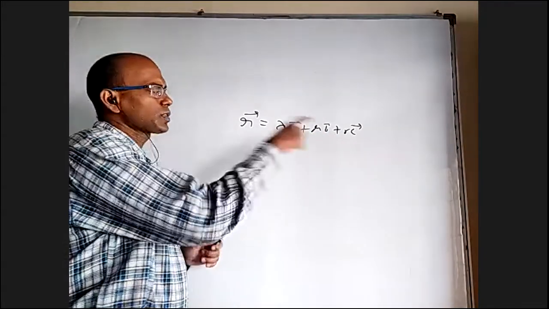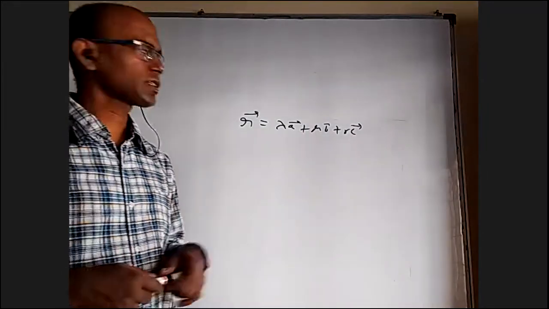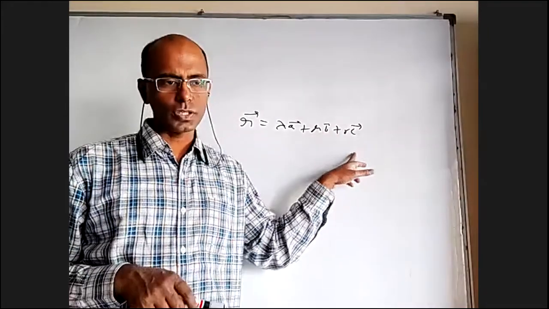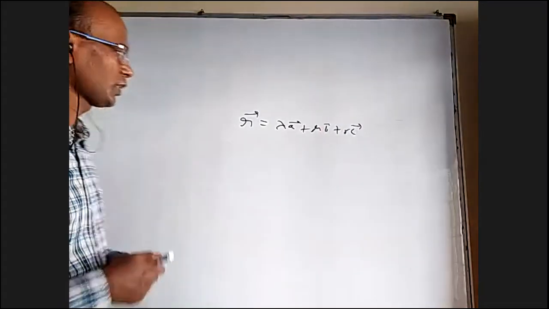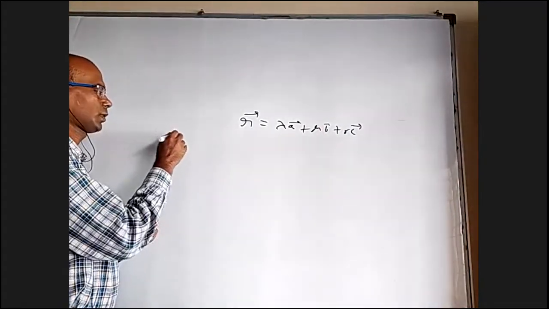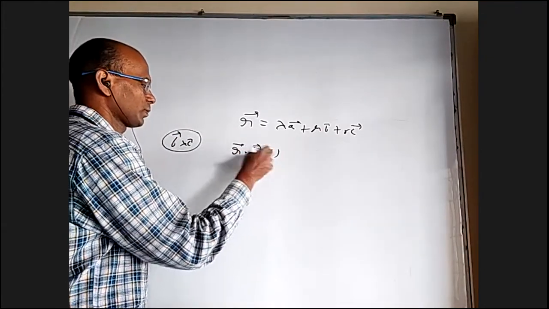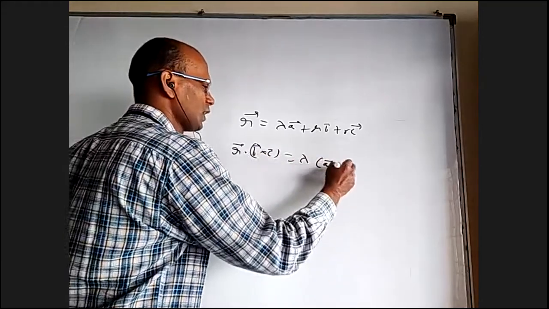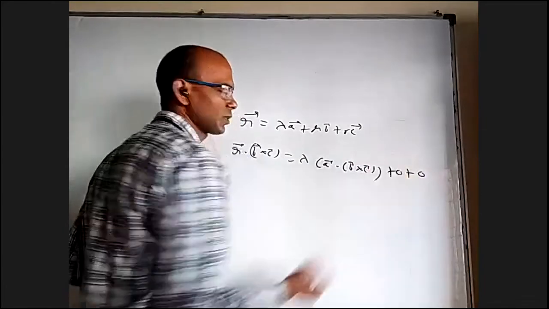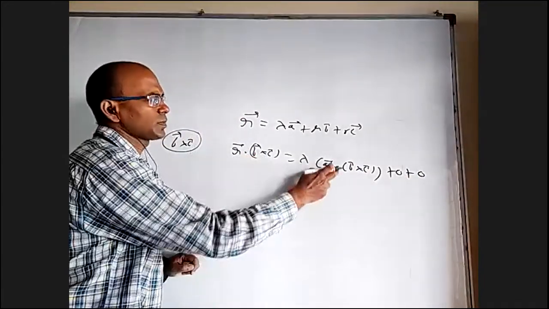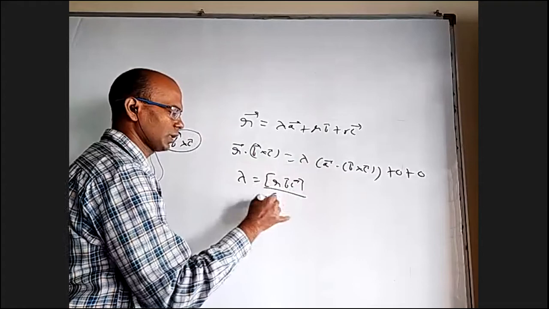So I am going to take the dot product on both sides with B cross C. What is the advantage of doing the dot product with B cross C? It will be perpendicular to B and also perpendicular to C. So B dot B cross C is 0, and C dot B cross C is also 0. When you do the dot product with B cross C, here you will get R bar dot B cross C, here lambda times A bar dot B cross C, and B dot B cross C is 0, this C dot B cross C is also 0. This is box RBC, this is box ABC.